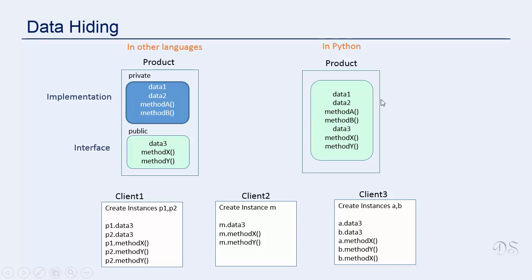However, there is a naming convention that is used to indicate that a certain attribute is meant to be used inside the class only. You can use a leading underscore on an instance variable or a method to suggest that it is private and should not be used outside the class. These variables and methods are technically just like any other variables or methods. They can be accessed outside the class also, but the leading underscore indicates privacy. This way you can discourage clients from using the private things of a class. However, you cannot stop them from doing so.